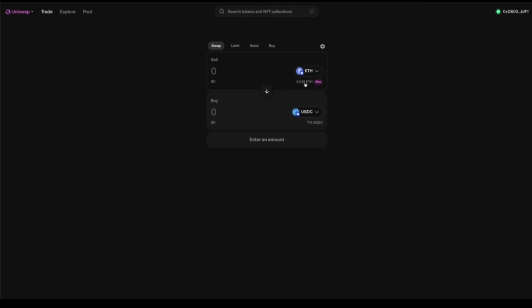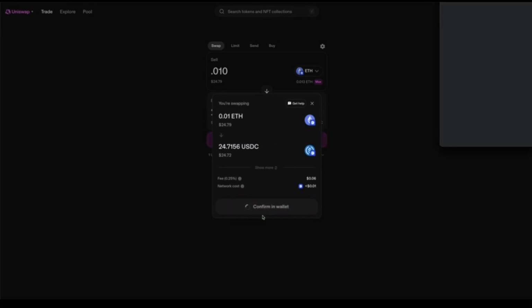Perfect. And now you do not hit max for this. On the last one, we hit max. Okay. And this is why: when you send this USDC on Base to the trading bot, it's going to need literally like 2 cents worth of ETH for gas. So, like, I have 0.013, so I'll probably do 0.01, right? And that way it just leaves a couple cents behind because honestly, that's all we're going to need. And then review